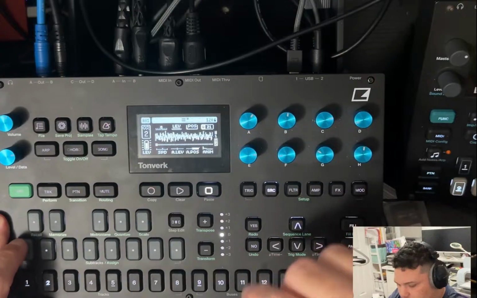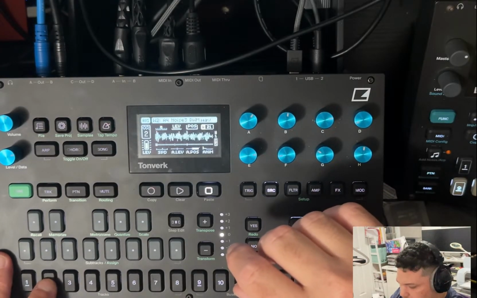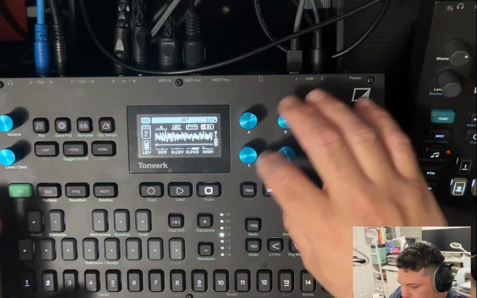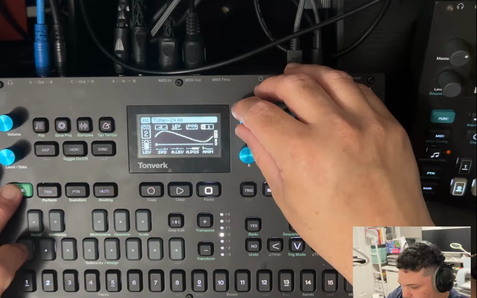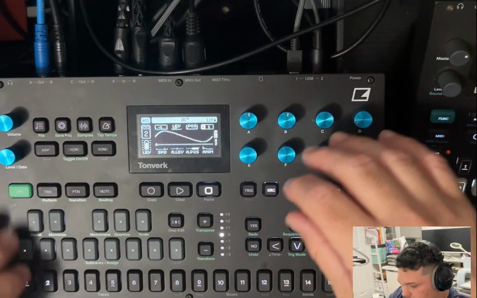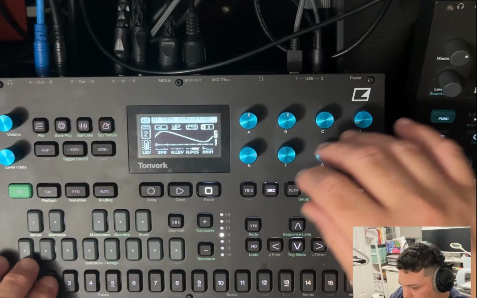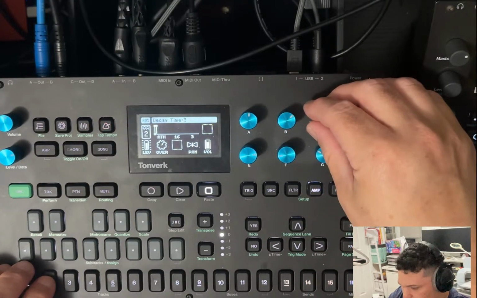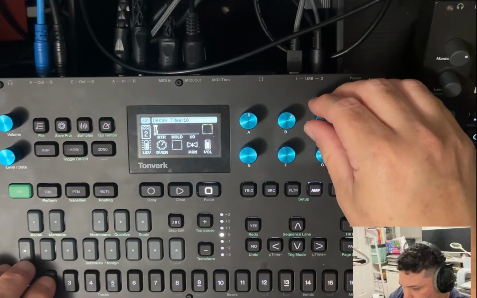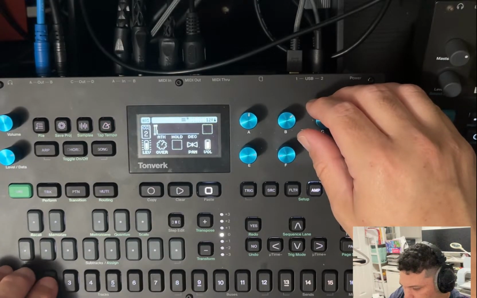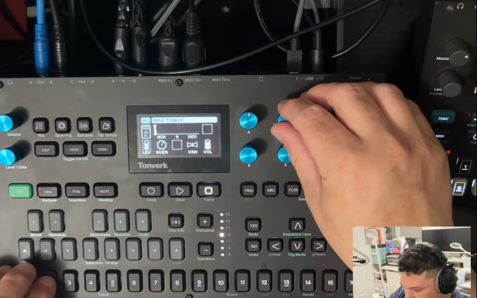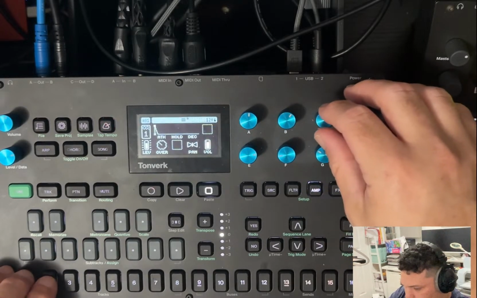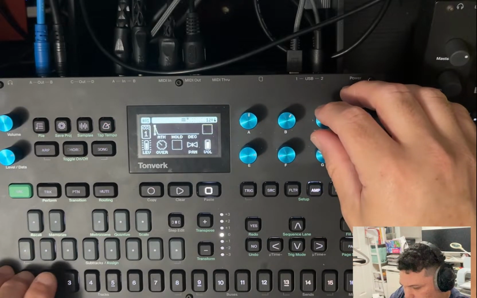I feel like it needs a little bit more oomph to it. Let me see here, a little bit higher. Let's check here on the